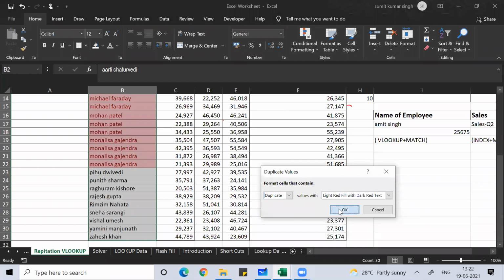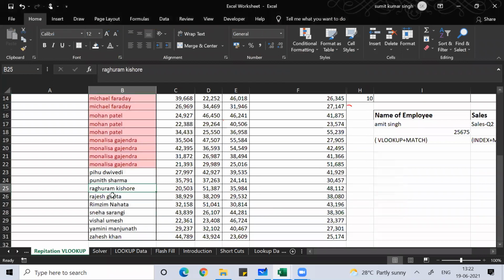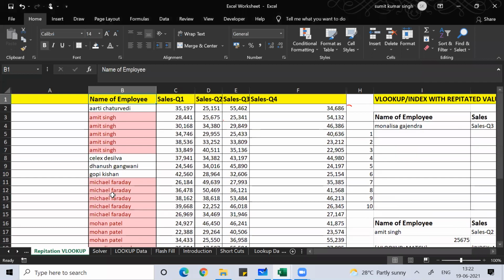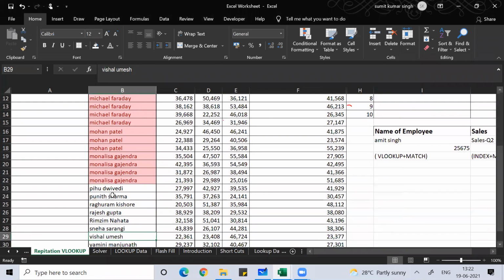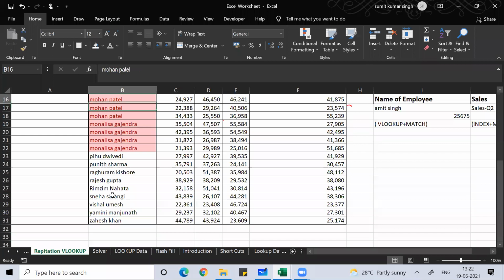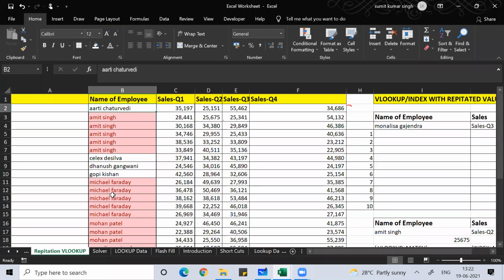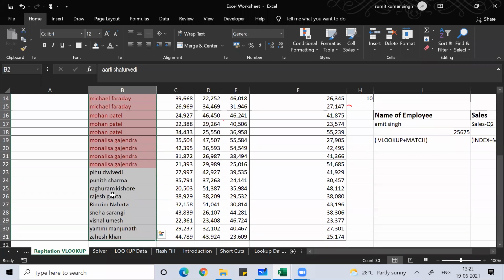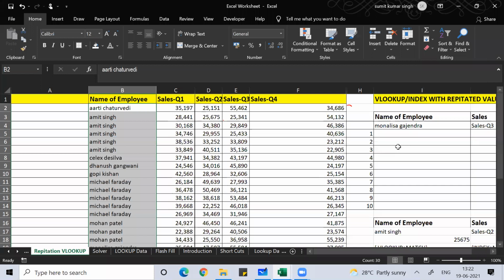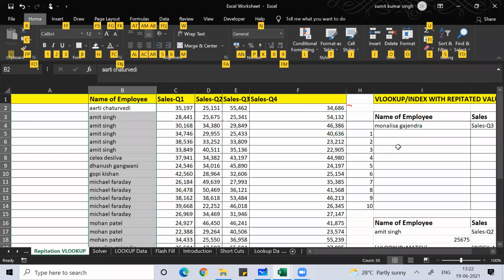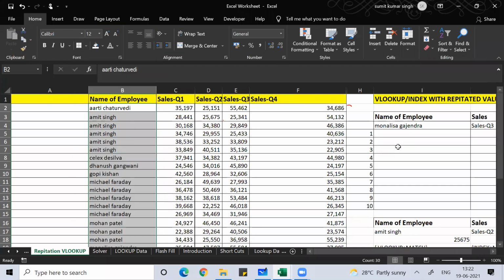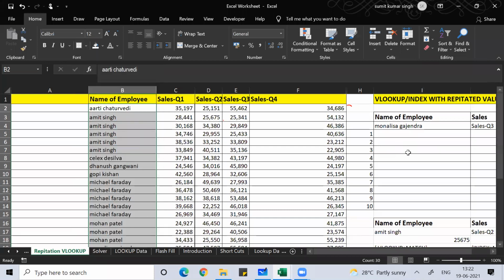If you see how many duplicate values there are, you can find a lot of duplicacy. I hope you're understanding this. If I Alt H E F, then Alt H B A, Alt H B T, you can easily understand a lot of duplications are there.